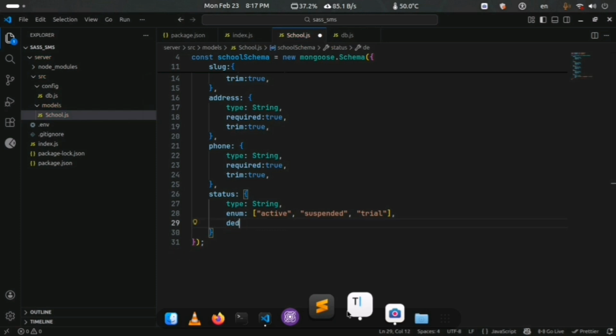It will help manage our registrations like trial, active or suspended due to non-payment etc.